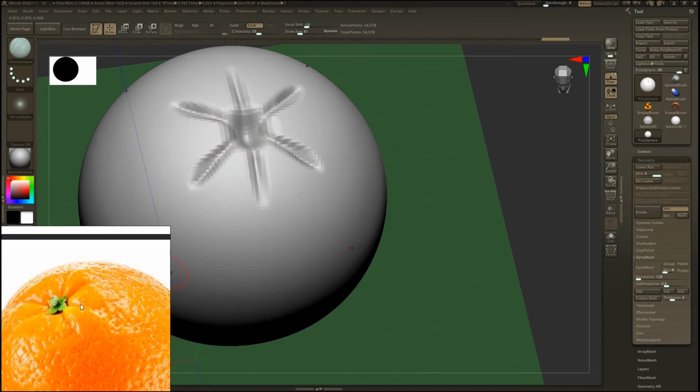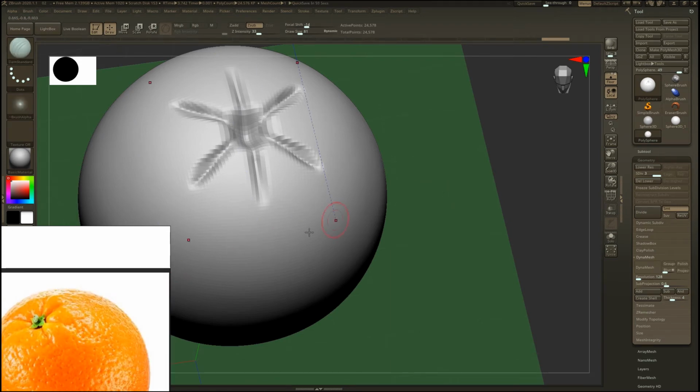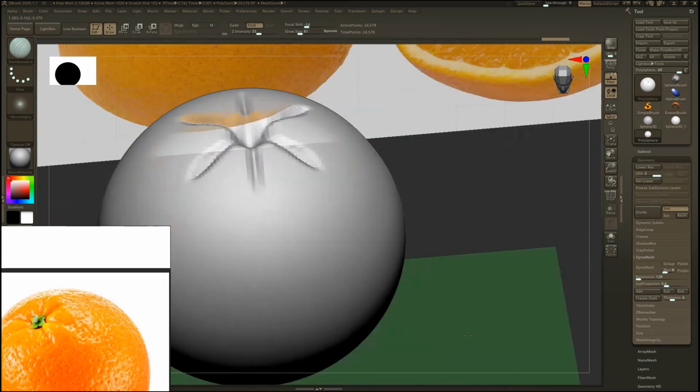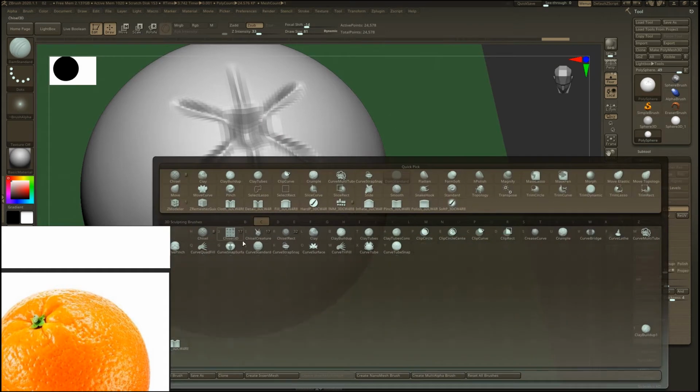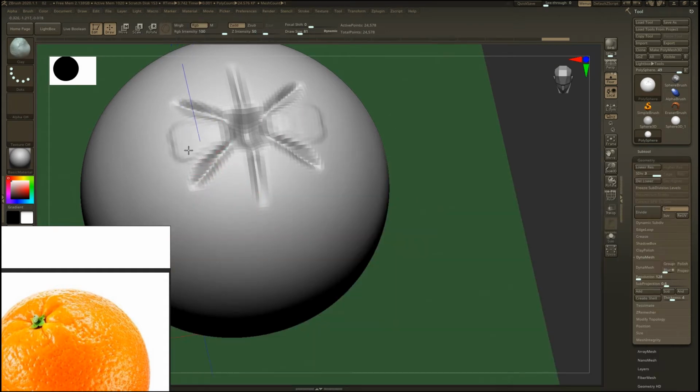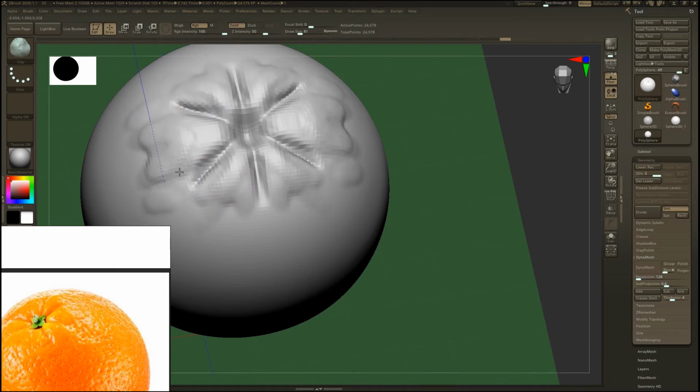But you see some volume here too, so selecting the Clay brush and adding volume to the top section. Make sure you use a low intensity for the Clay brush, otherwise you put too much volume in that area. Adding geometry and smoothing it out.